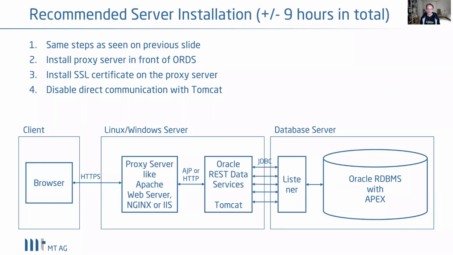And the rest, in more detail, how you actually configure the Apache web server, how you configure the Tomcat, that's all written in the documents I've already put in the slides. You can look over that. But besides the connection pooling, that should have a specific size. That's important. But other than that, it's not really critical, I would say.